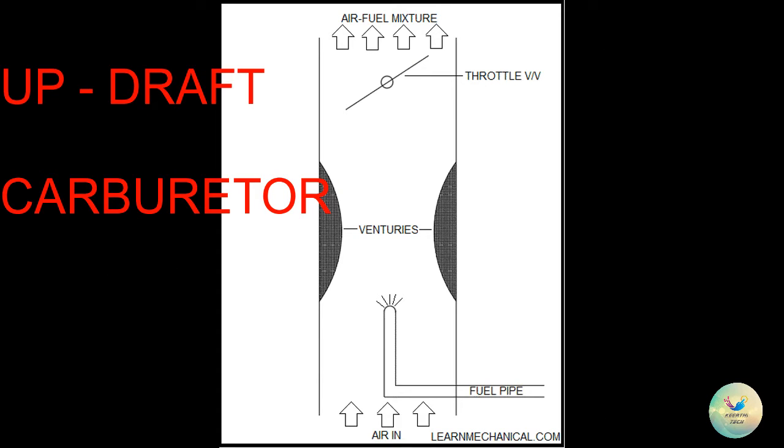In this type of carburetor, air goes through the bottom of the carburetor, and fuel comes from the float chamber, and due to the pressure difference within the two chambers with the help of Venturi, fuel comes out from the fuel pipe and mixes with the inlet air and makes a mixture of air-fuel, which is passed through the throttle valve, which is directly connected with the accelerator, and goes to the engine cylinder where the combustion of charge takes